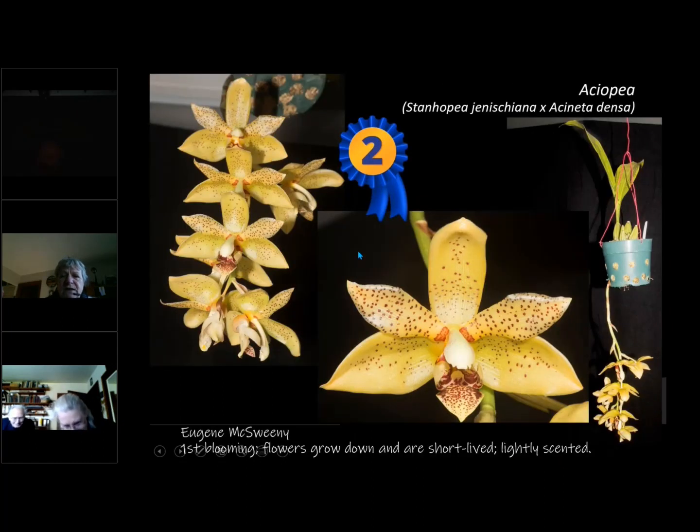This is an interesting cross. It's Stanhope gentiana with a Acineta densa. Now these can be very large plants. Obviously this one isn't. Eugene is growing it probably in a 6-inch pot or so, but you notice that he's punched holes all around the pot, because if he hadn't, he would never have seen this inflorescence or these flowers,